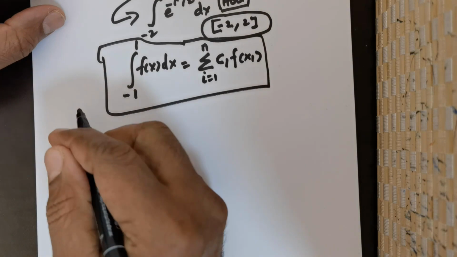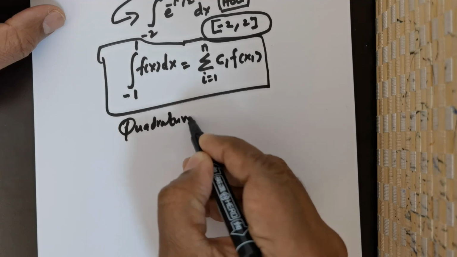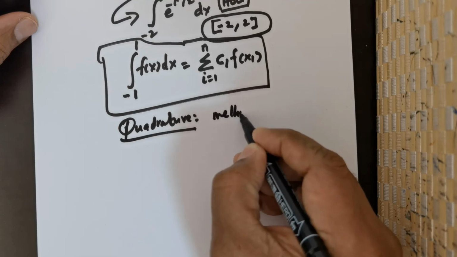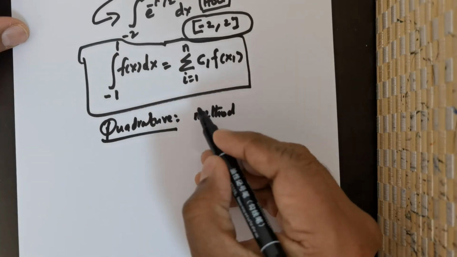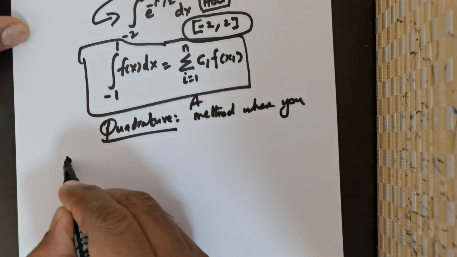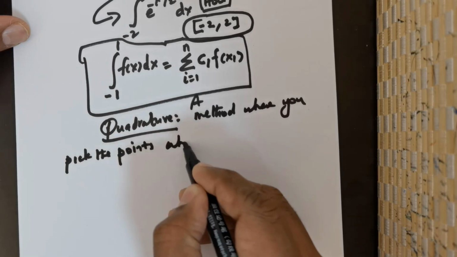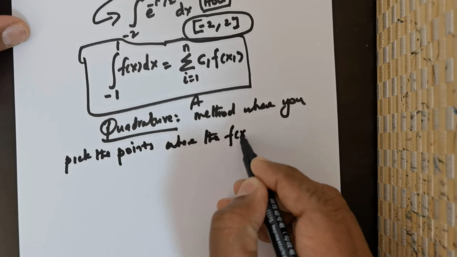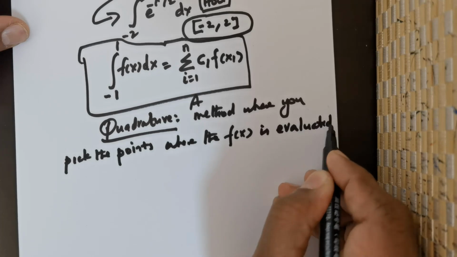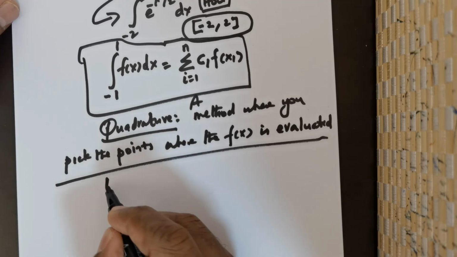Let me just give you the following information. A term called quadrature. Now you will come across this term quadrature. Now what exactly is this? Where you pick the points where the function is evaluated. So because of this particular definition, I was able to actually